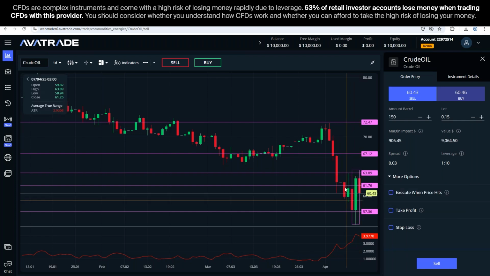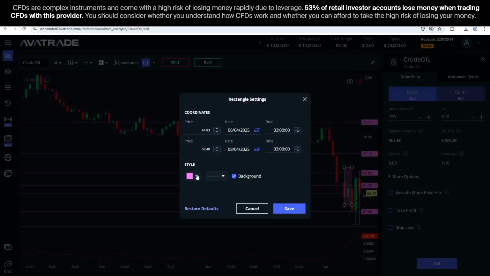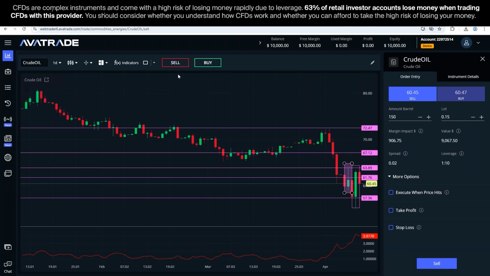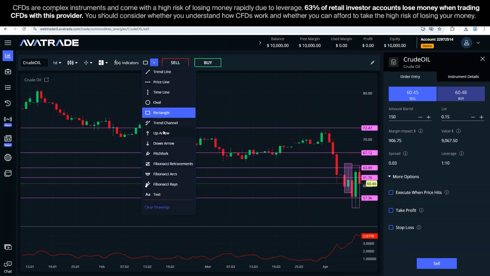Okay, then we discovered that it's part of a structure. Then we discovered this guy, and we understand that there was a pullback, and we saw that there is a reversed hammer here that shows us that the potential trend here was recovery, and then it's followed by a bear, and then this bull has extended crude oil almost all the way back to the resistance, which was 63.89, and it pulled back today. So we understand that this wasn't just